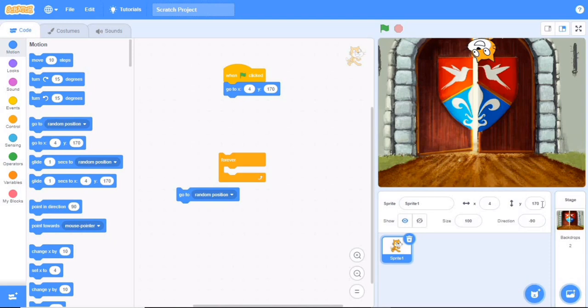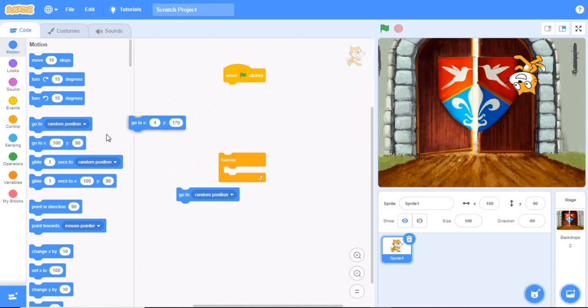Let's reduce this to something like 90, and X is 4. I want to move it forward. Let's take it as 100. Can you see it moves forward? So that's all about go to X, Y